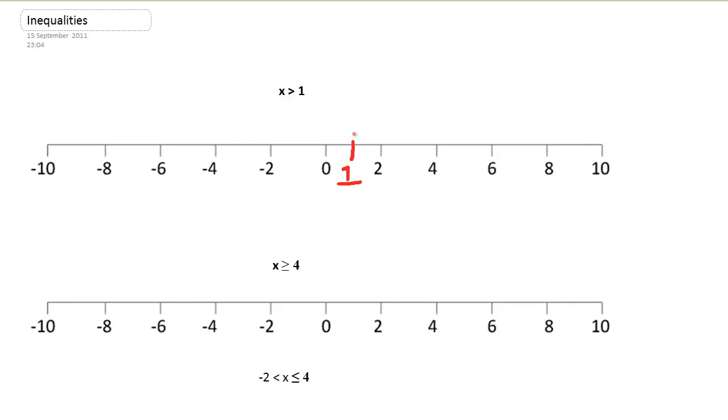Now we indicate our number line by drawing a circle at the point that is our boundary value. Now we're told that this is strictly greater than 1, so we're not going to include 1, so we'll leave that circle unfilled, and we then draw an arrow indicating that we're taking all the values greater than 1. Now the next one,